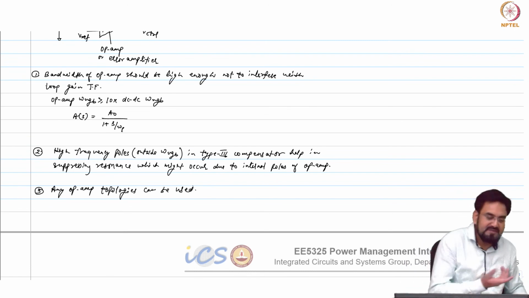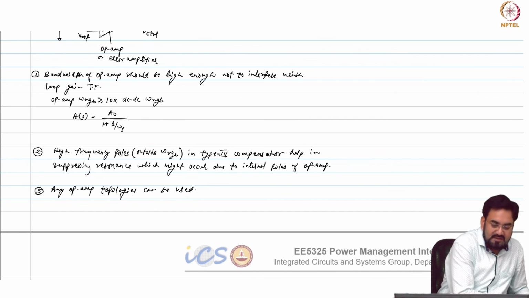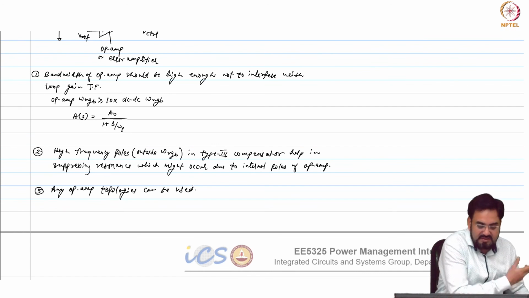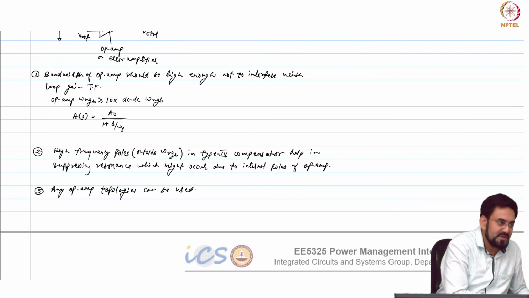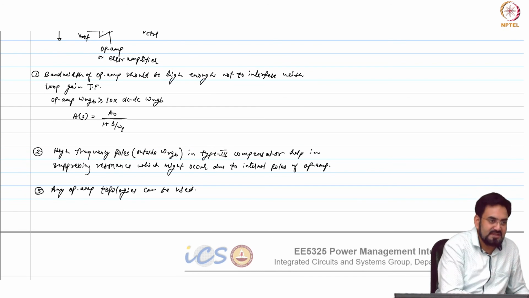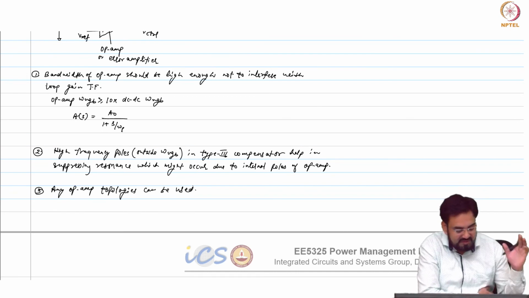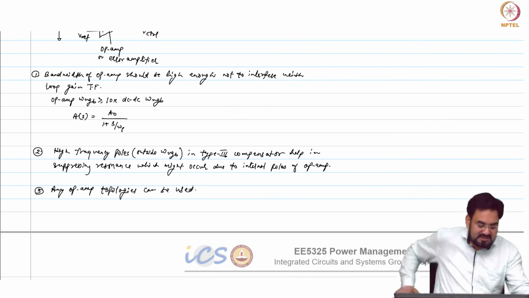So the gain requirement, if it's 60 dB, then you may go with a simple 2-stage. Okay, and if your gain requirement is a bit lower, then you can go with a single stage also in that case. And another way, with a single stage, if you want to increase the gain, you can go with telescopic, where you cascode the single stage and get the higher gain, by increasing your R out. So you are free to use any op amp topologies, folded cascode or your simple 2-stage or telescopic, as long as you meet the performance. So that's your choice actually.